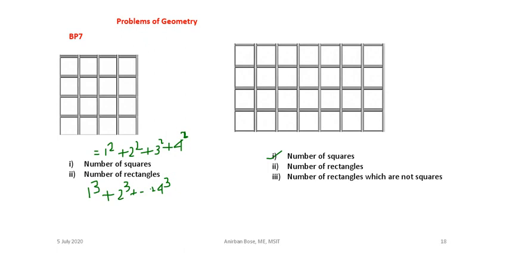Here you see how many small sides there are: 1 2 3 4 5 6 7. There are 7 small sides, and here you can see 1 2 3 4. So 7 into 4 small squares you will get. Then you increase the sides to twice, and here also it becomes twice. So how many sides will you get there?